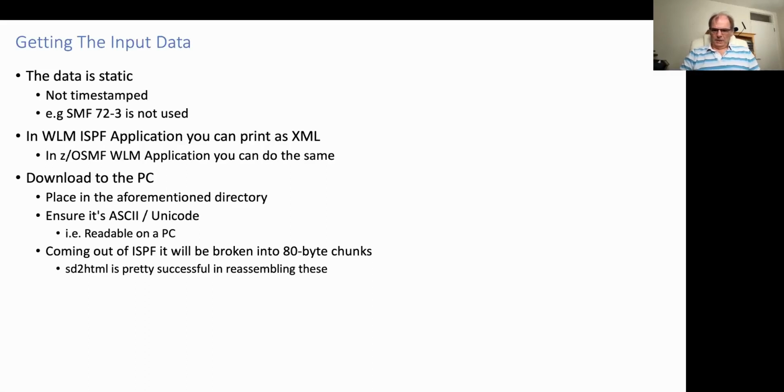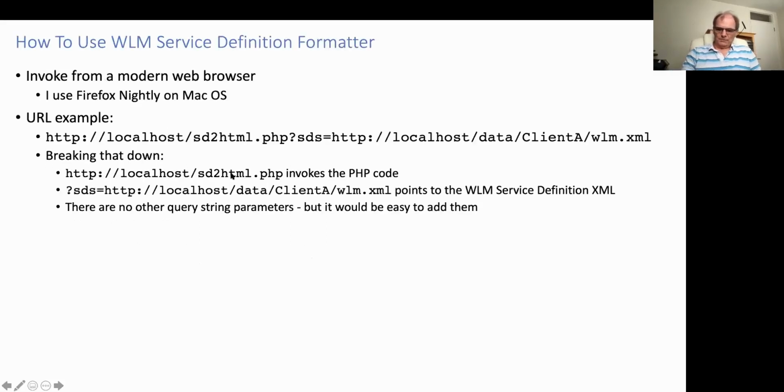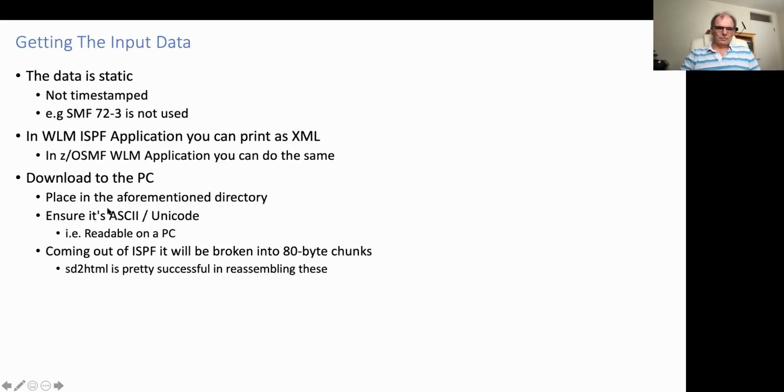Okay. Right. So, when you do the download, you want to make sure it's either ASCII or Unicode. In other words, you can read it on a PC in a text editor. But you're only going to do it once and get it right. When it comes out of ISPF,